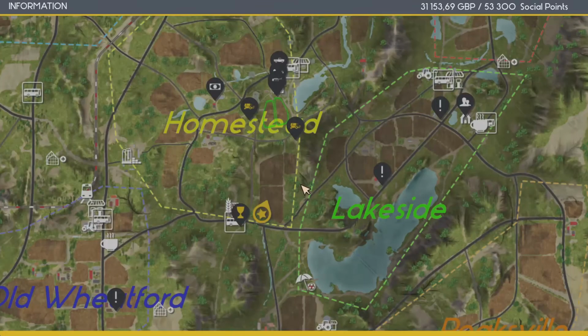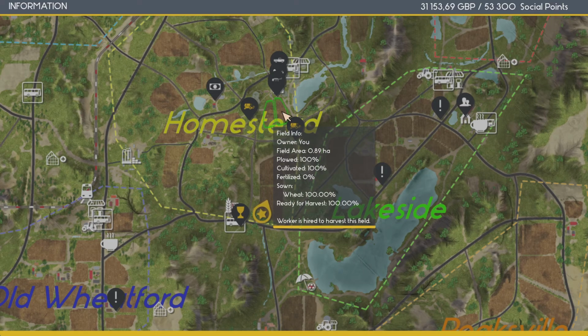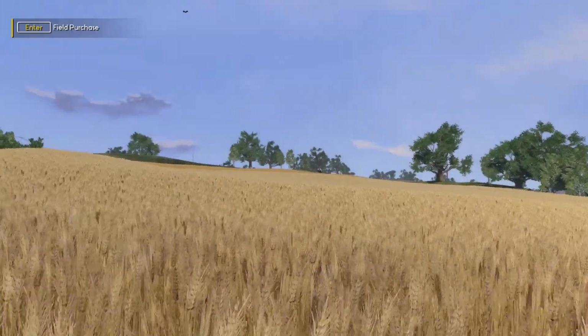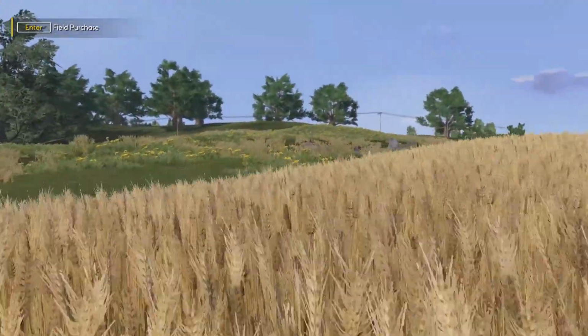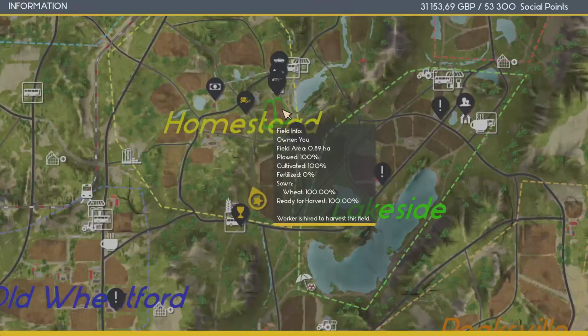Let me just see where we are on the map. Yeah, that's a fair size field, it's not the biggest one, although it's 2.02. This is 0.79 and this is 0.89. So yeah, this one's bigger than the both of these put together, and it's ready to harvest as well by the looks of it. So if we buy this, we could harvest it straight away. But we can look at doing that a bit later on, because what I want to do is what we